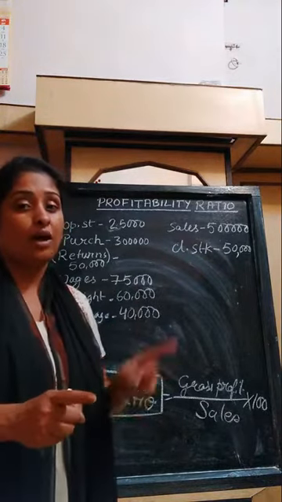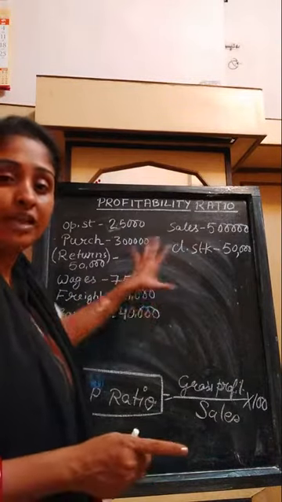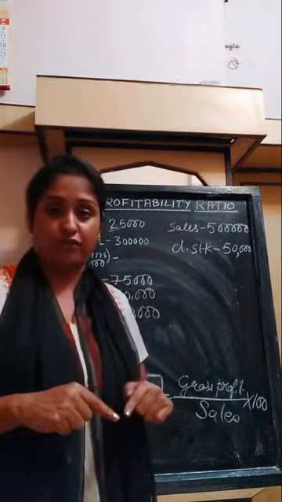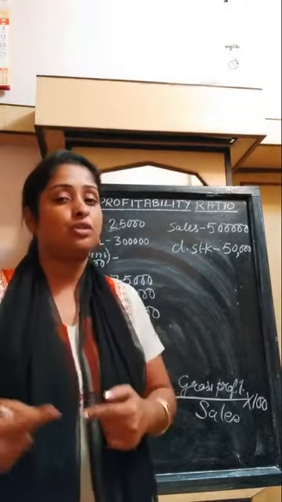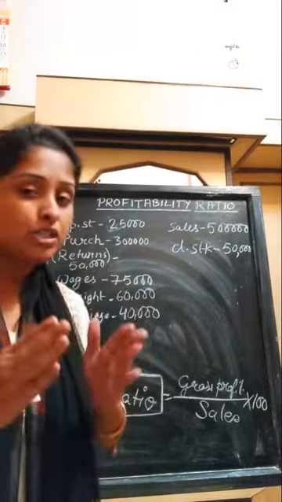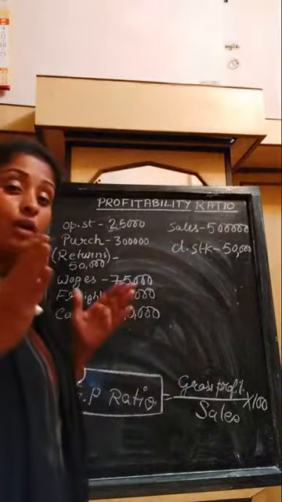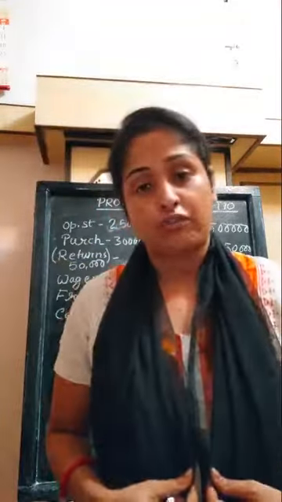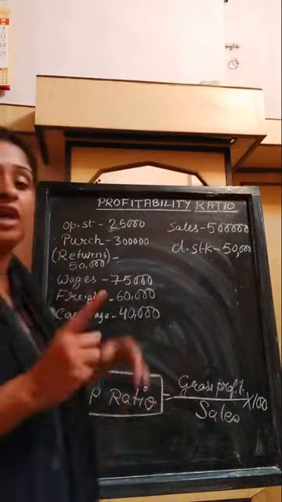You have to arrange these items. You have to add back this item, do the calculation with these items and find out the gross profit, and then with that gross profit you will do the calculation of GP ratio. So first you need to focus on the gross profit of the firm. Now how will we find the gross profit of a firm? From these items we will prepare a trading account.